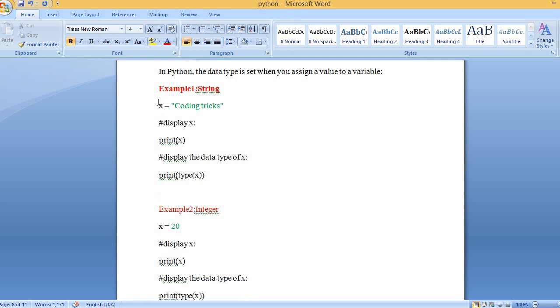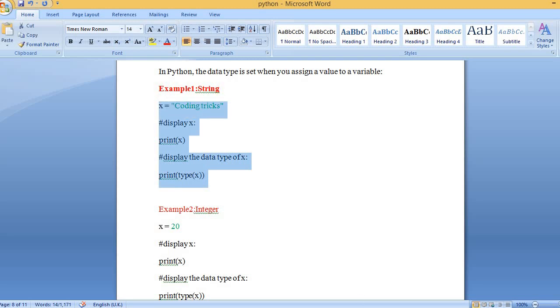Here I have given x equal to coding tricks. I have initialized the value coding tricks for x. Print x means it will print the value of x, that means coding tricks. Then I have asked what the type of x is. Can you expect the output?